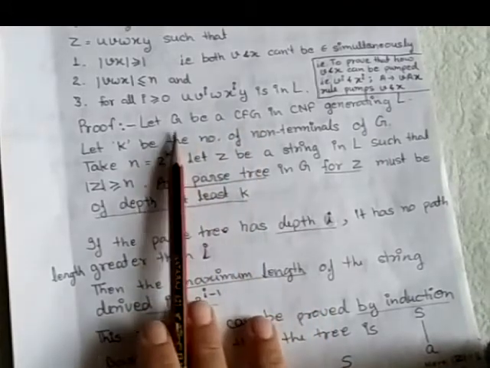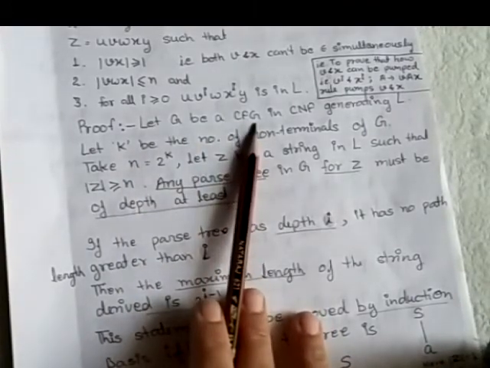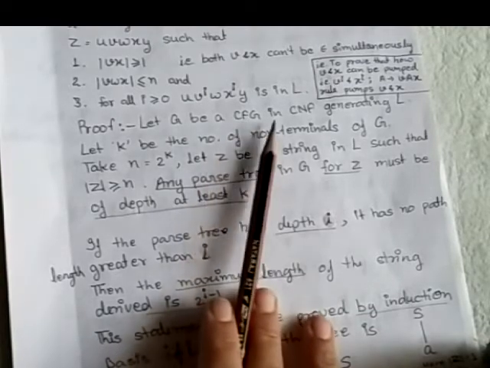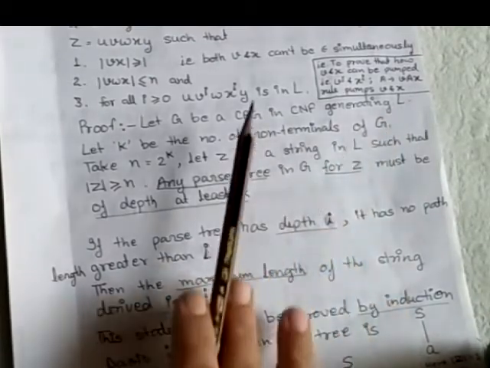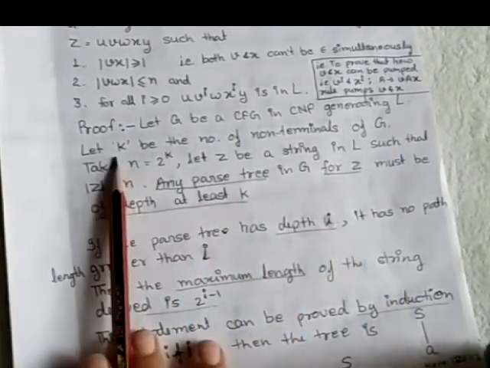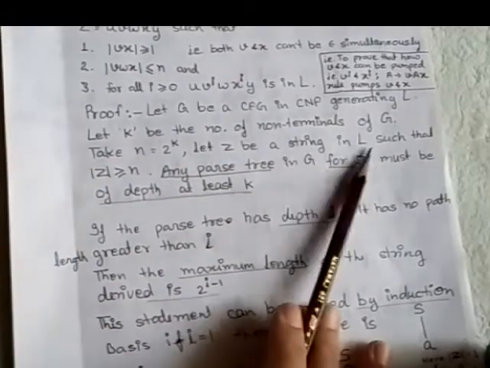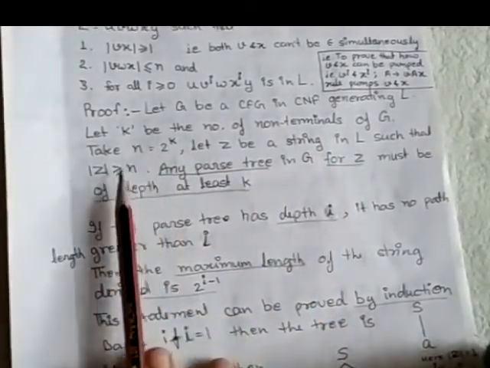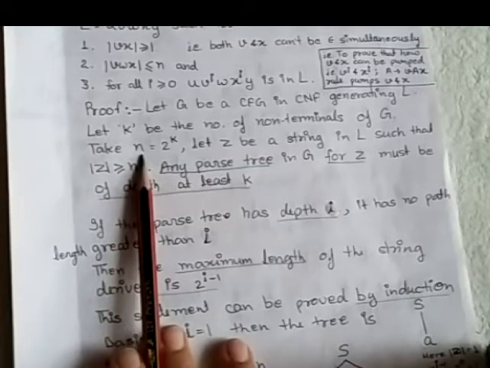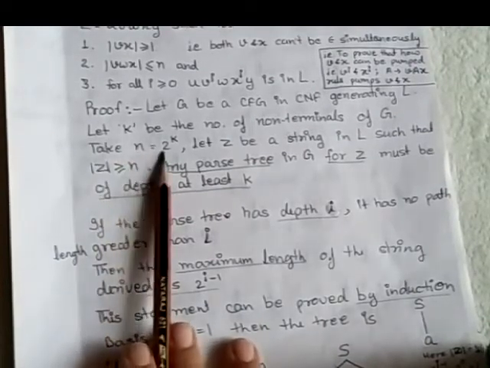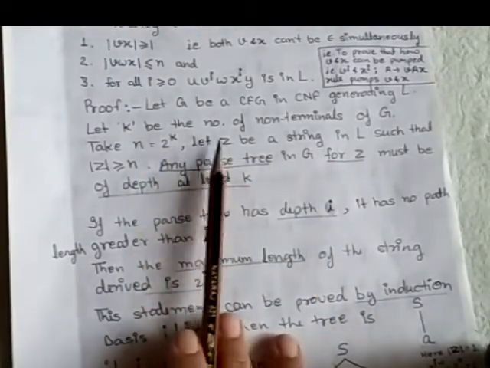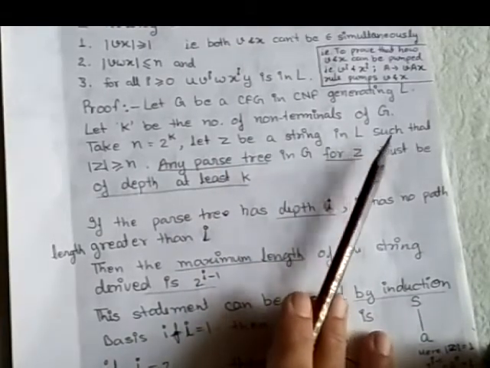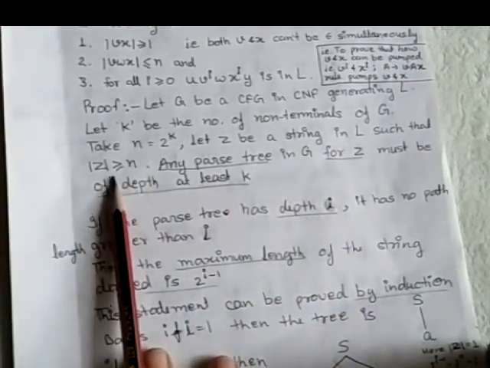Now the proof is: suppose we have a grammar G, which is a context-free grammar in Chomsky normal form, which generates the language L. Suppose that the grammar contains k non-terminals. Then the value of this constant n will be n equal to 2 raised to the power k. Then, let z be the string, and we take that the length of the string is greater than or equal